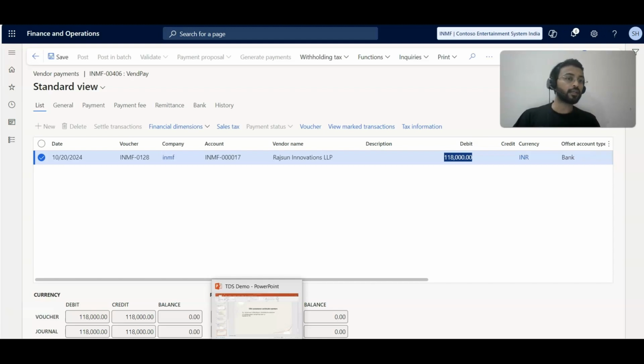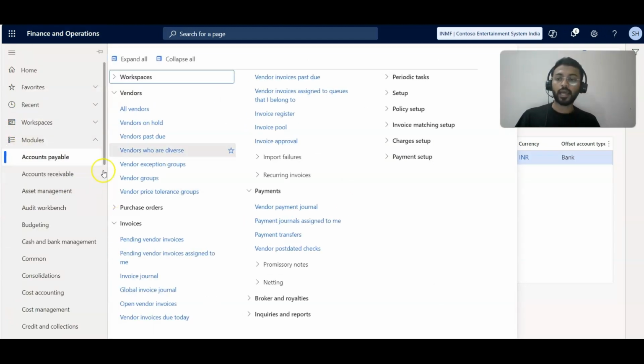So the TDS first deducted on the invoice will not reverse, but the TDS secondly charged on the payment will get reversed at the time of settlement. So what I want to show you,